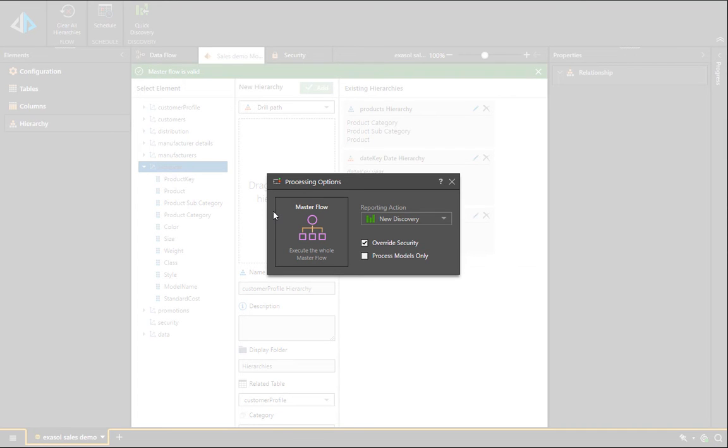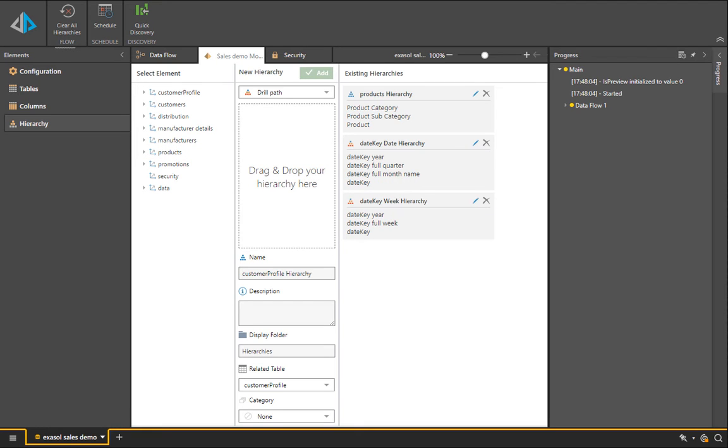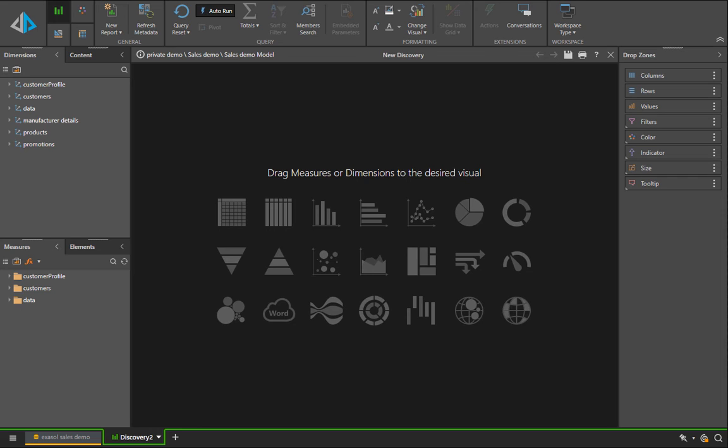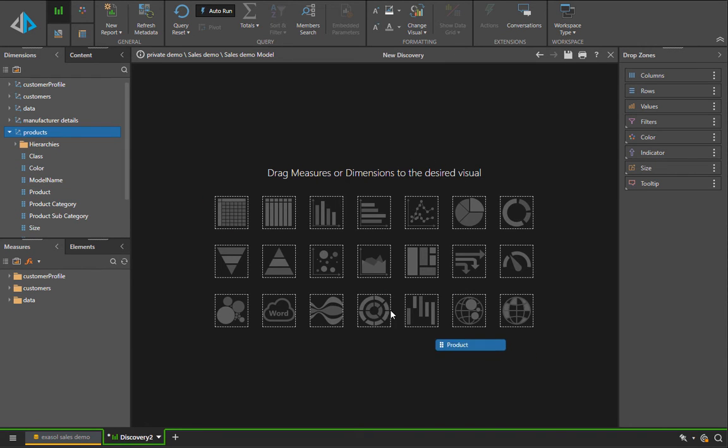So here, for example, we'll build a drill down hierarchy on the product table, and now we hit the process button. Importantly, when we process, the mashup is actually going to mash up the two data sets from Excel and Postgres and write the data back with the time intelligence logic and the clustering directly back into Exasol. The schema definition remains inside Pyramid. Immediately we bounce into the Pro Discovery experience, and as you would expect, we can immediately begin slicing and dicing the database